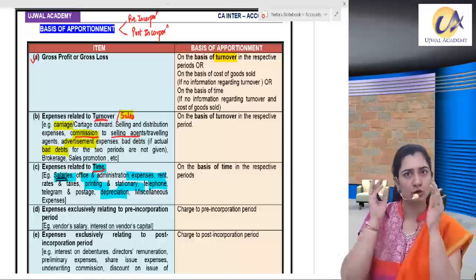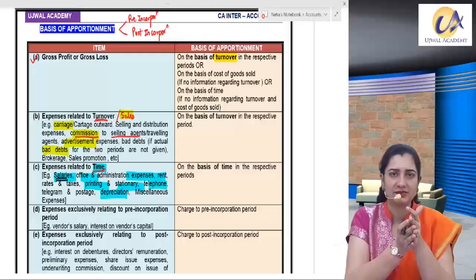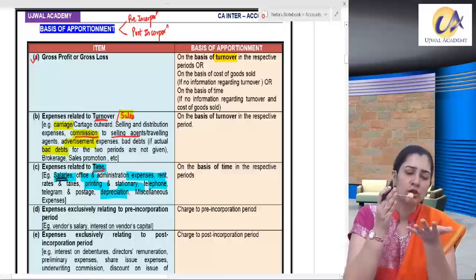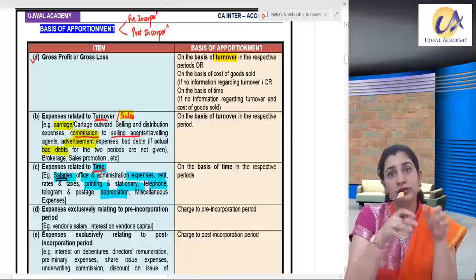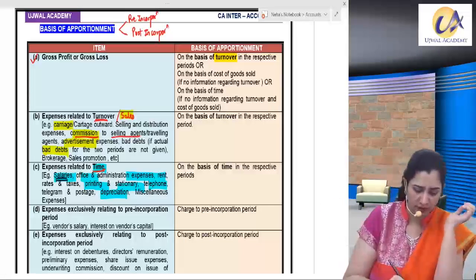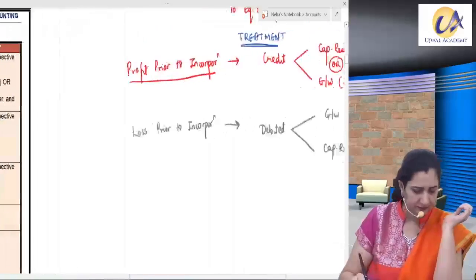Now, there could be some income and expenses, rather expenses, जो पूरा प्री पीरियड को बिलोंग करते हैं या कुछ ओनली पोस्ट पीरियड को बिलोंग करते हैं. ओके, लेट्स से